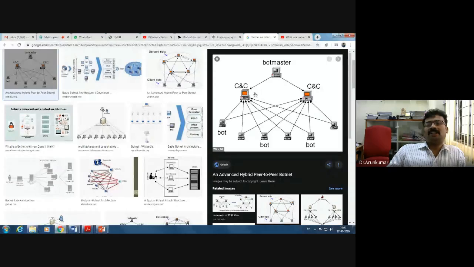So bot master, command controller, executor and bots all are from different networks. There may be more than 1 or 2 computers part of the network. So all these will compromise, and they can pull up a powerful computing capacity, and they can execute the instructions